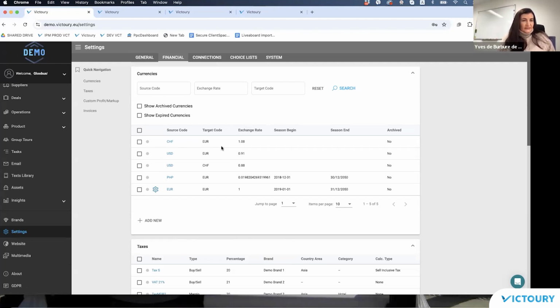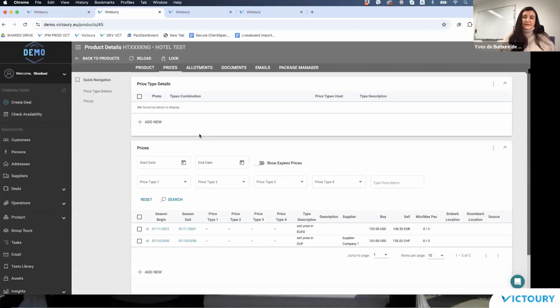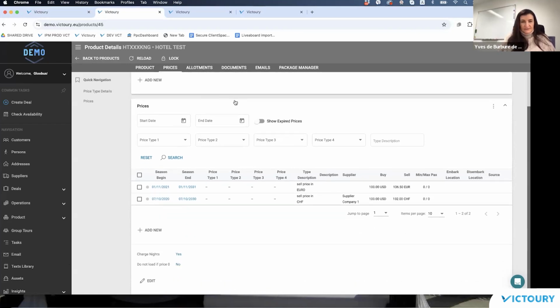Here, as I already mentioned during the introduction, we will have to see even the prices. So I will just start for a few minutes on the prices and go back then on the currencies. So to see how to handle the prices updates from the currency section in case your currency exchange rate is changing. So for this, of course, a very, very simple product, which is a test hotel, is with charge nights setup, and it has 2 valid prices for this current season.